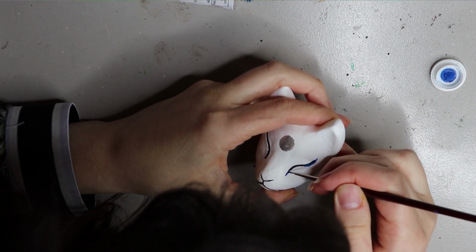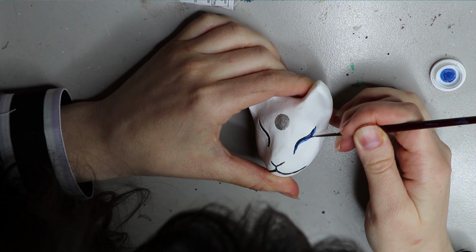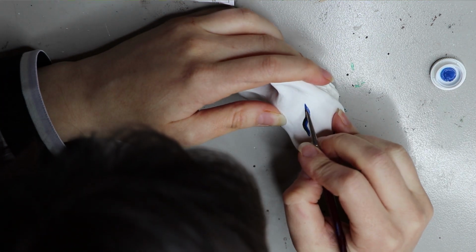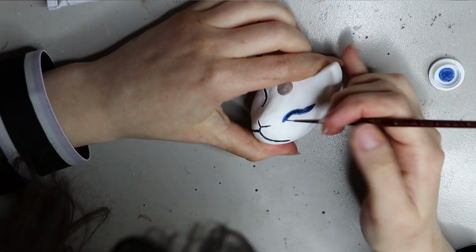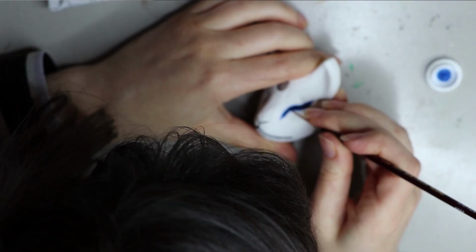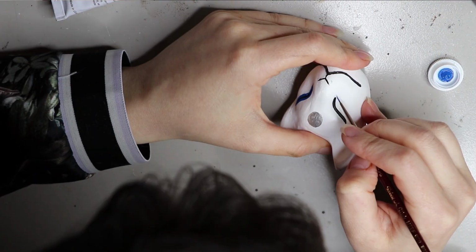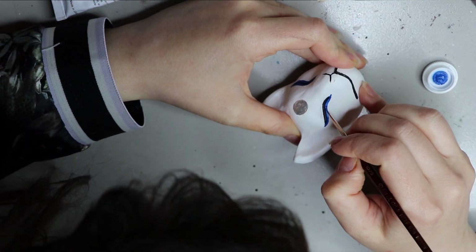Next I'm going to be moving on to the markings. The last one I did was red markings, and this one I'm going to do blue markings, and I've moved on to a different paint again. This paint is by the brand Golden, and I wouldn't recommend this for painting big resin pieces. I use this just simply because I like the texture that comes out of it. It's a lot thicker than the Chromacryl. It's a lot more expensive too, but